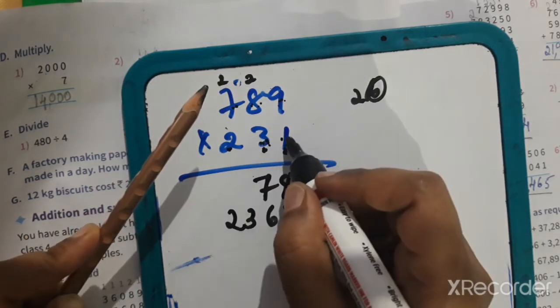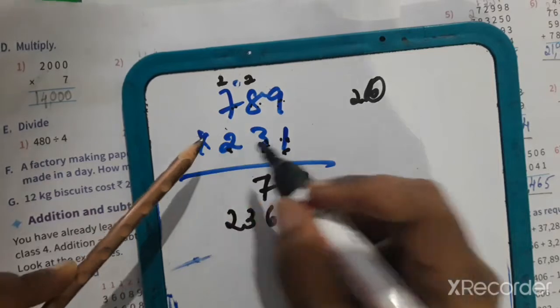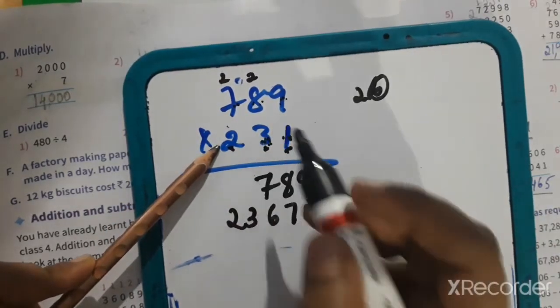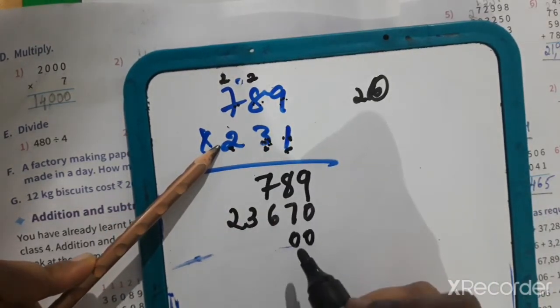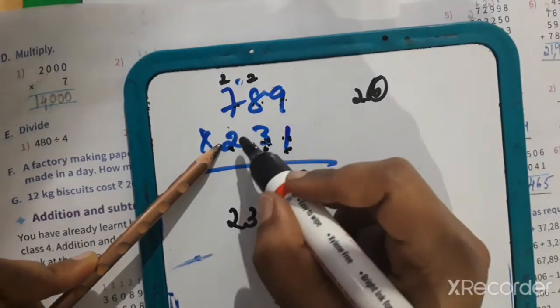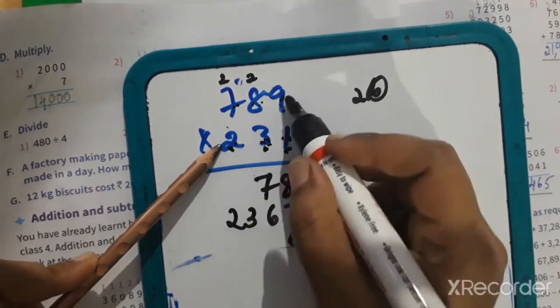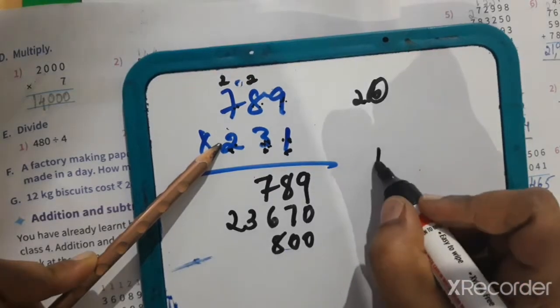So first number over, second number over, third number in the third line. In the ones place, tens place, we have to fill with 0. Now to multiply with each number: 2 9s are 18, so 8 here, 1 carry to the next place.